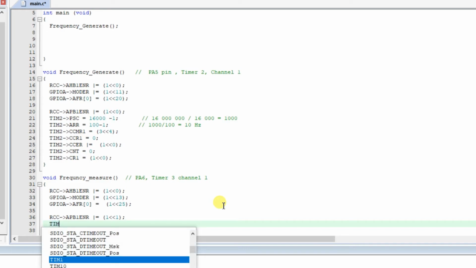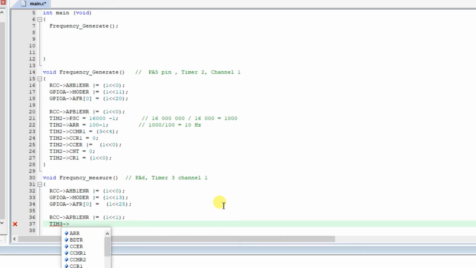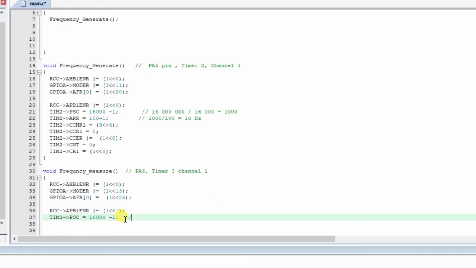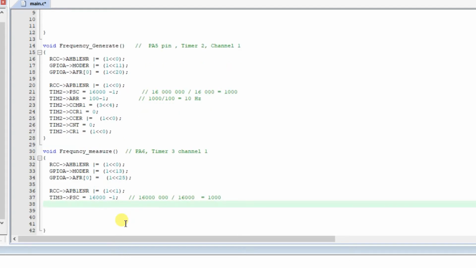So Timer 3 PSC, this is 16,000 minus 1. Okay, because again 16 million divided by 16,000, so its resolution is 1000 milliseconds, right? And now we will go to the CCMR1 register again. So Timer 3 CCMR1 register.